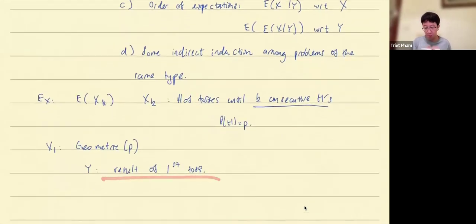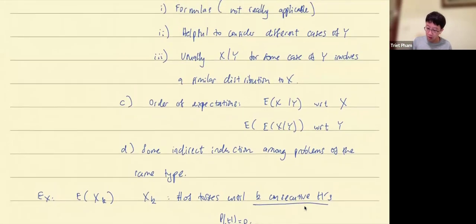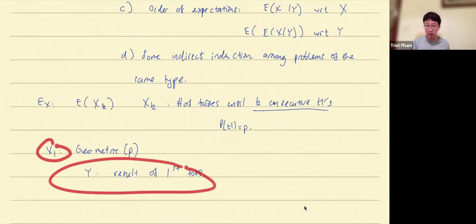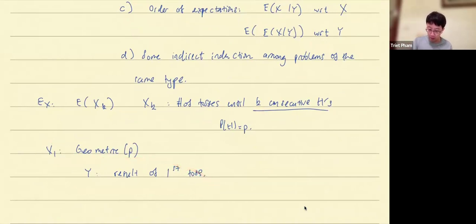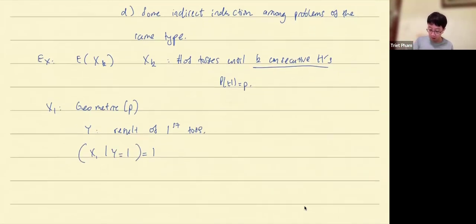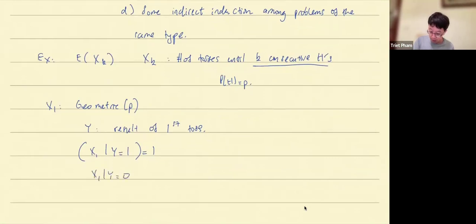Why is it appropriate for this one? I don't know, because it can solve the problem. Or if you want, because for all cases of y, for all results of the first toss, I can decide the conditional distribution. For example, if the first toss is a head, I know that the number of tosses is 1, because on the first toss, I already get a head. But if the first toss is a tail,